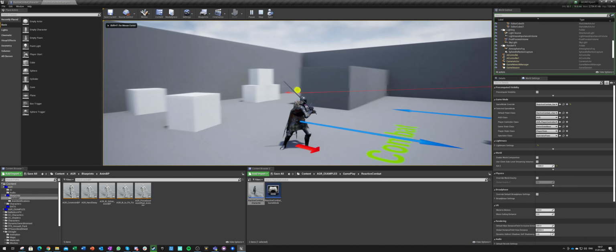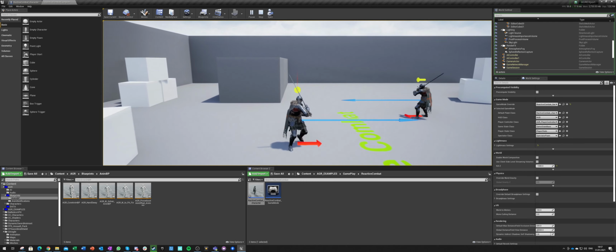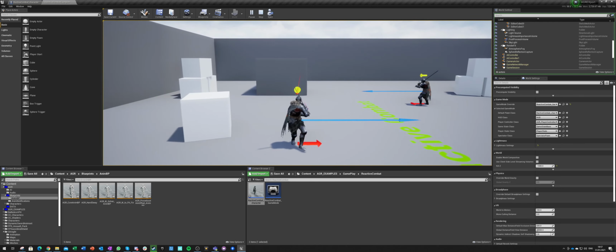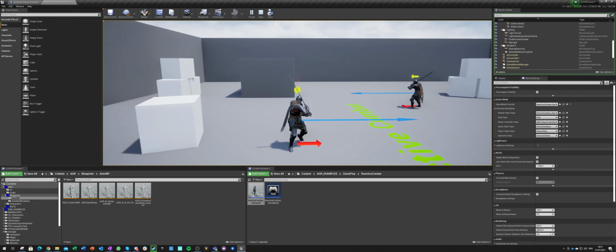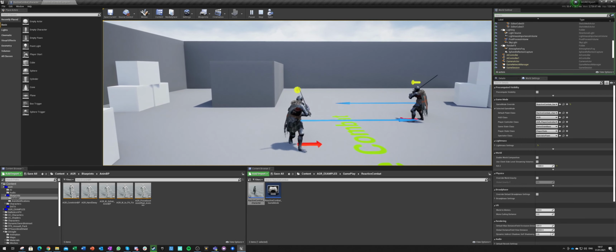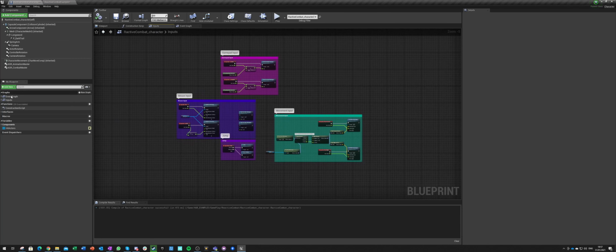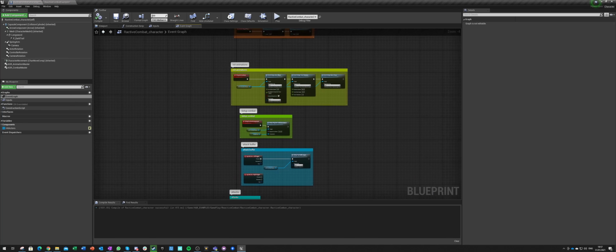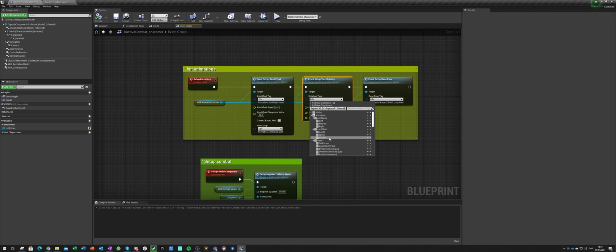And now when I am moving my camera and I am pushing forward, I am actually moving in this direction or this direction, everything is fine. However, I am strafe walking and my control rotation is still forward, so this looks a bit odd, but I am moving towards the camera forward and backward right now. Okay, so now I will change my locomotion type. I will no longer be strafe walking, because that doesn't work for this kind of rotation. So I go into setup aim offset, and then setup turn, and here, instead of picking desired rotation and angle, I will go rotation to movement, and that's it.